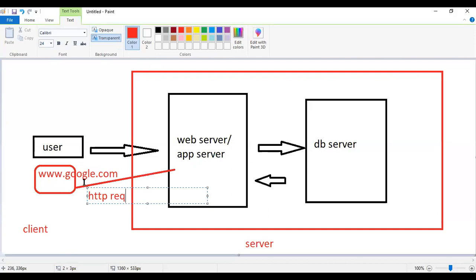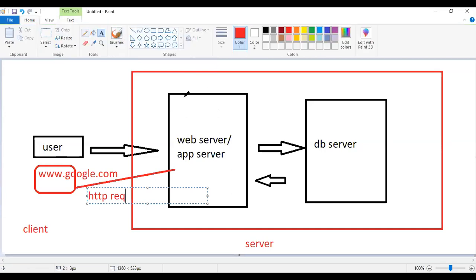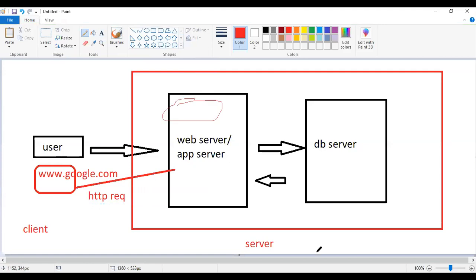What exactly does the server contain? The server will contain all the programs. What the Google people did is, instead of giving the programs to each and every user who is going to use the Google services, they keep all the programs in one server, and any user can connect to this particular server. The server will take their request, and whatever program they want to execute, that program will be executed in the server, right?